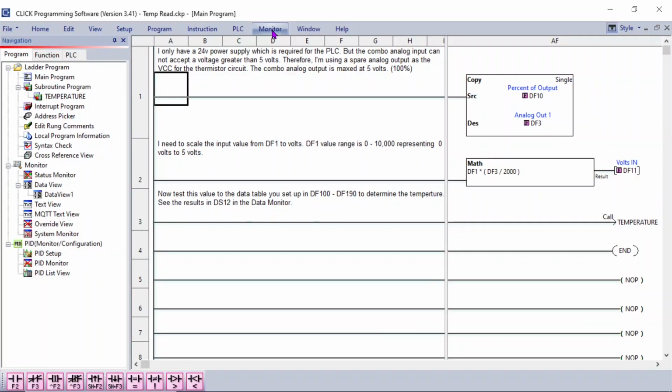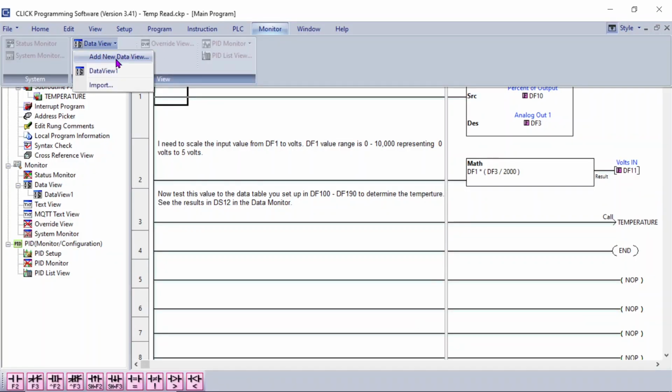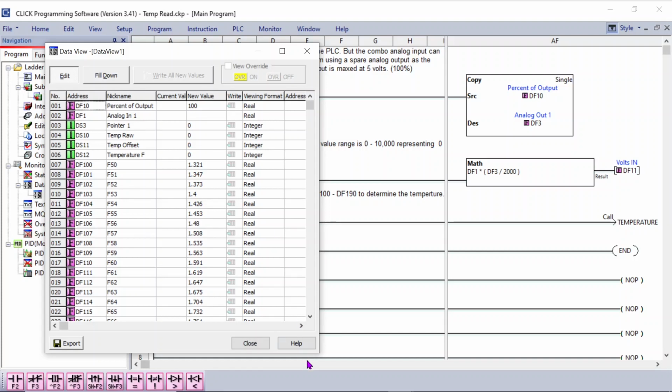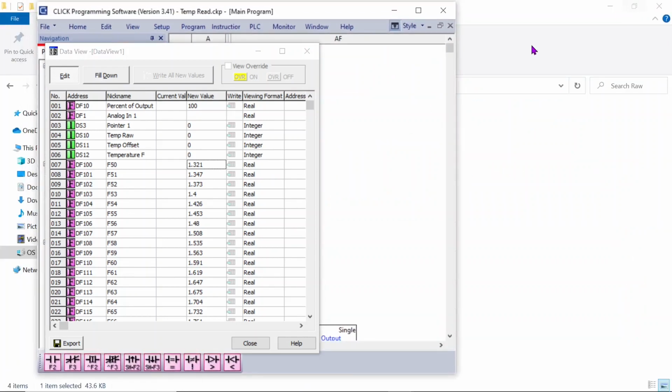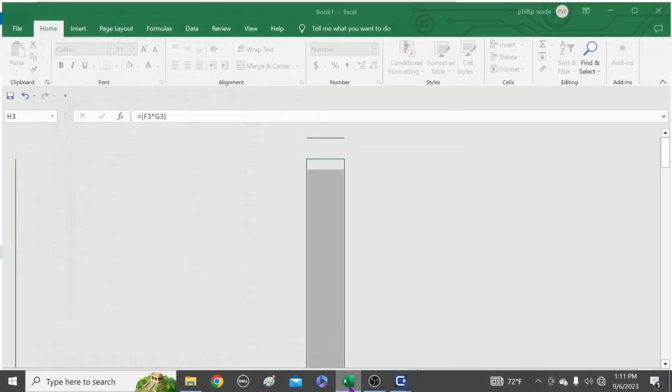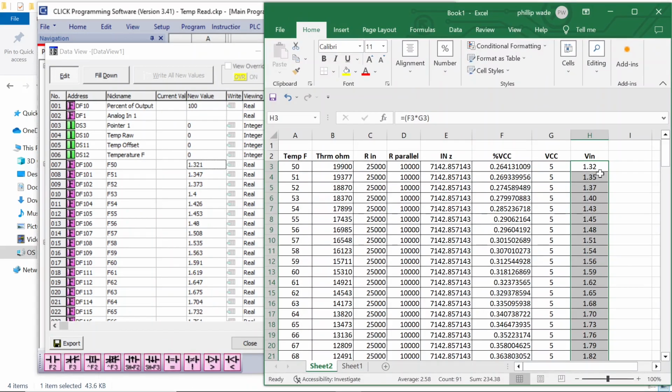Now I'm not connected to the PLC right now. I'm doing this part of the video. But you go to my data view, and here, starting at this address right here, you can see the values that I put in. This is for the voltages that showed up on my spreadsheet. Let me go like this a little bit smaller. See if I can pop the spreadsheet open over here. All right, you can see for 50 degrees, this is the data word for 50 degrees. I have a 1.321. So over here in my spreadsheet for 50 degrees, you can see that I have a,